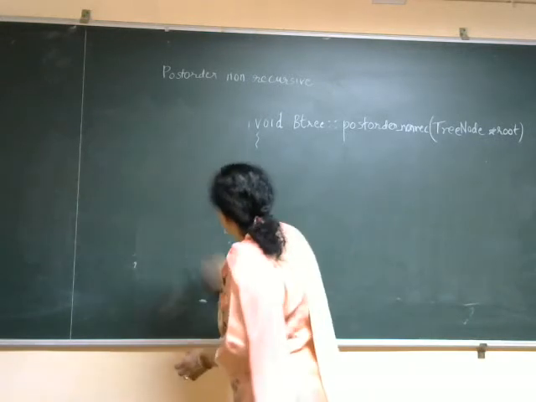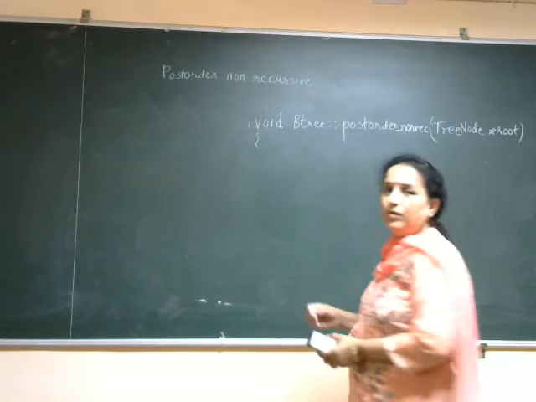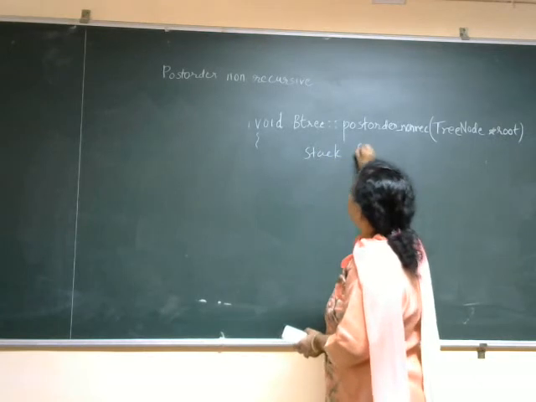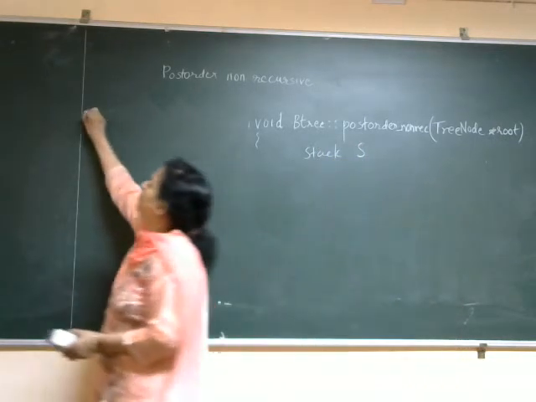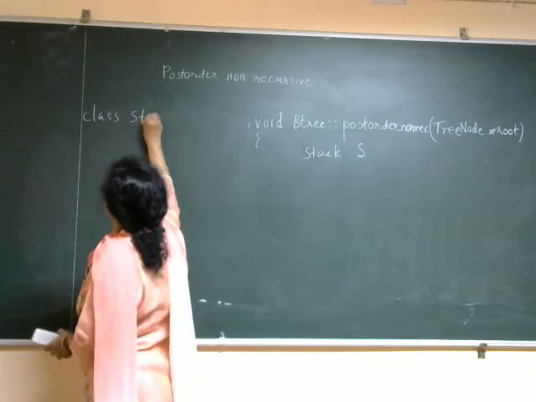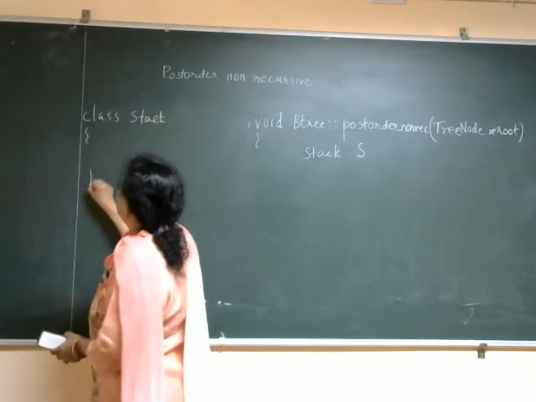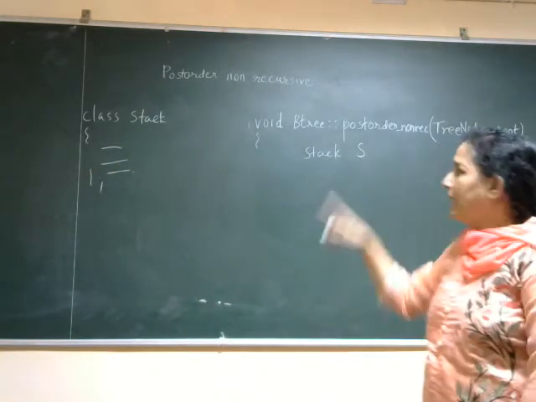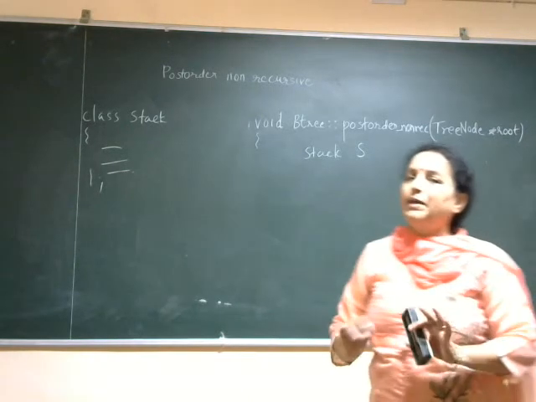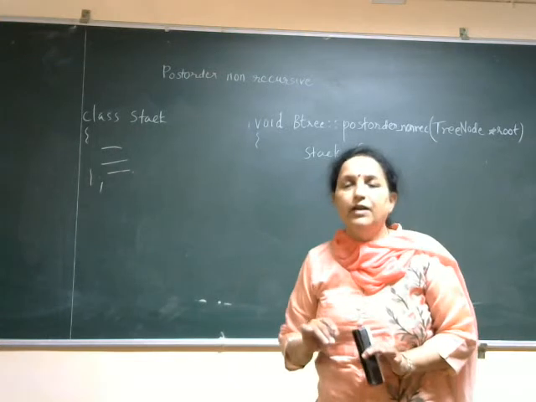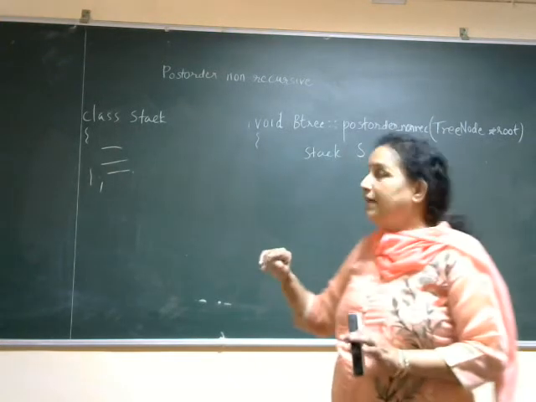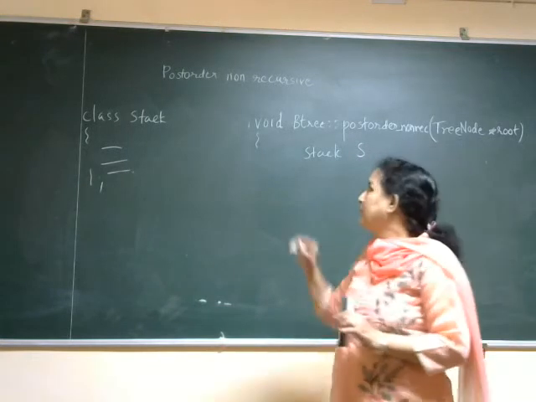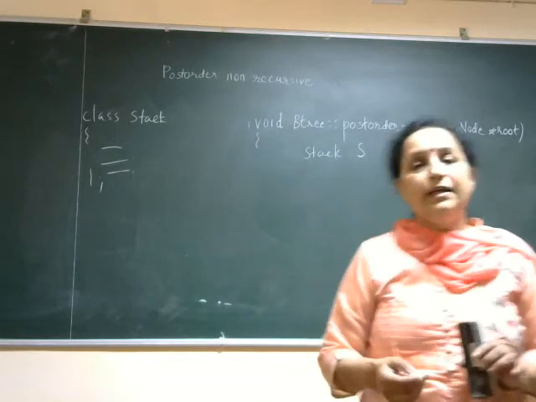Now firstly, what we do, we will write down again same thing. We need a stack. So I will use stack. Now here I have to write down class stack, my own stack, and I should write down functions and everything inside this class. We are assuming class stack is already written, which is a template, so that we can put values inside stack, maybe node, maybe return address. Okay.